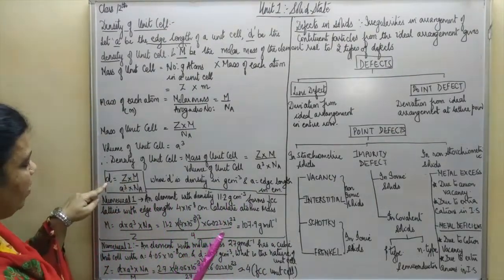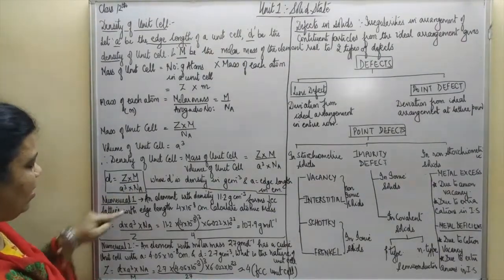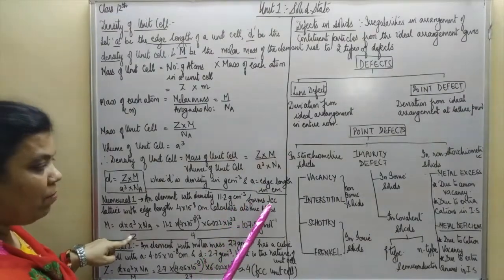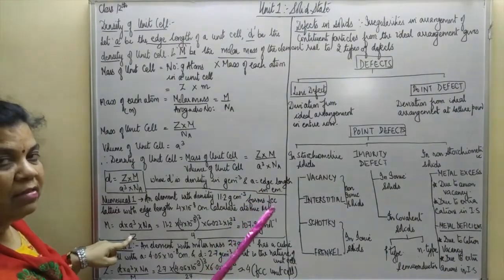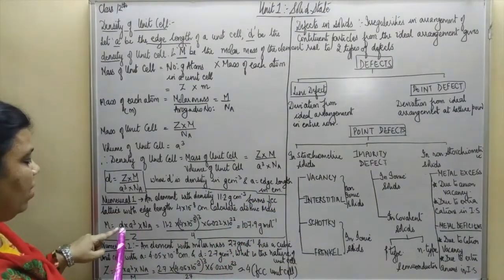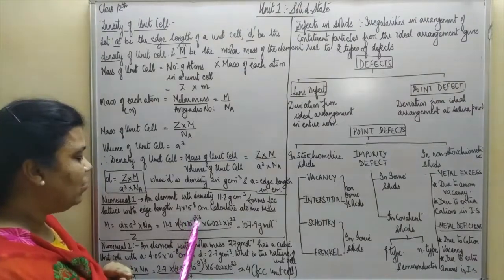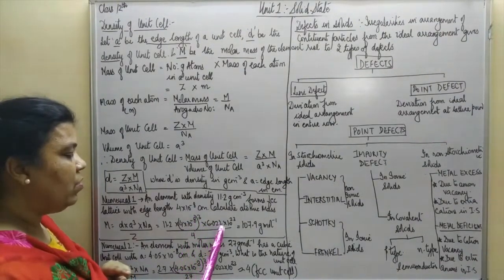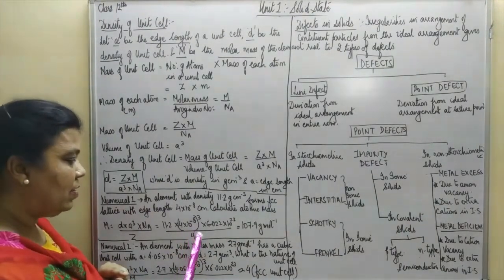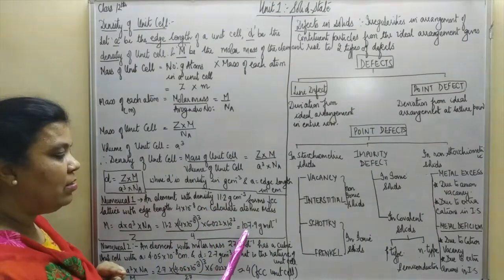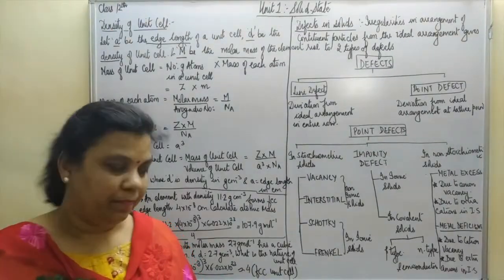Now, to calculate the atomic mass, the formula becomes M equals D into a cube into Na divided by Z, where Z is the rank, and remember for FCC unit cell, face centered cubic unit cell, the rank is 4. So, D value of density 11.2, a cube 4 into 10 to the power minus 8 whole cube, into Avogadro number 6.022 into 10 to the power 23, divided by the rank, which is 4 for FCC unit cell. When you solve for this, you get 107.9, approximately 108 grams per mole.